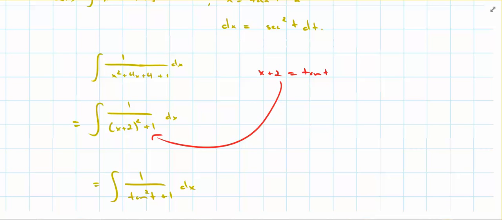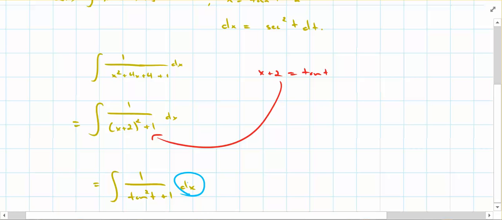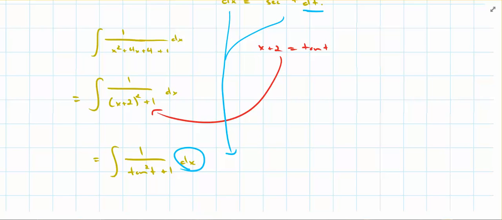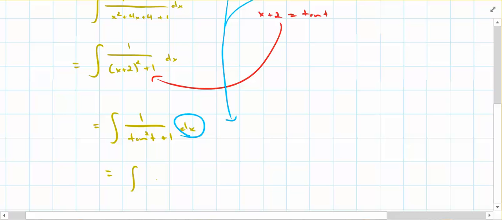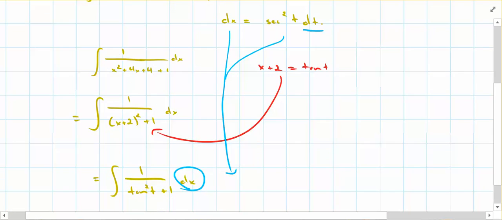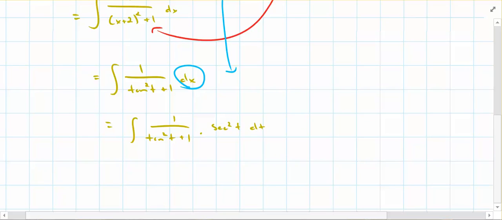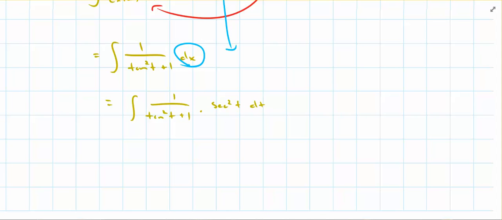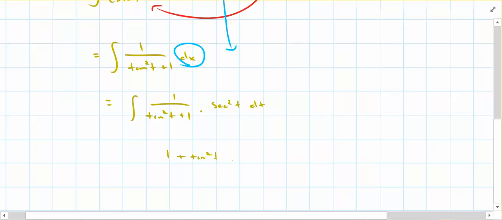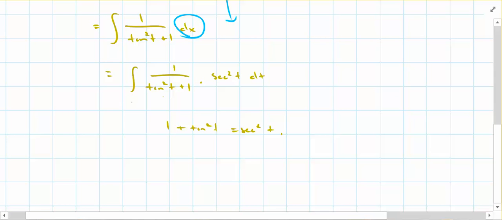You have to be careful here because right now we still have a dx while we still really need a dt. That means we can substitute in whatever is written here in for dx. Continuing onward, that is the integral of 1 over tangent squared t plus 1 times secant squared t dt. Because of one particular trigonometric identity, we know that 1 plus tangent squared t is equal to secant squared t. That means that this entire integral